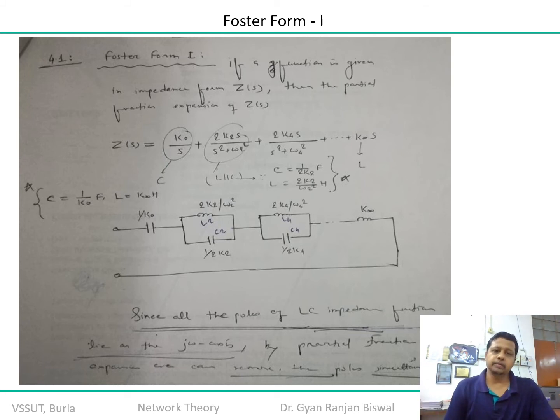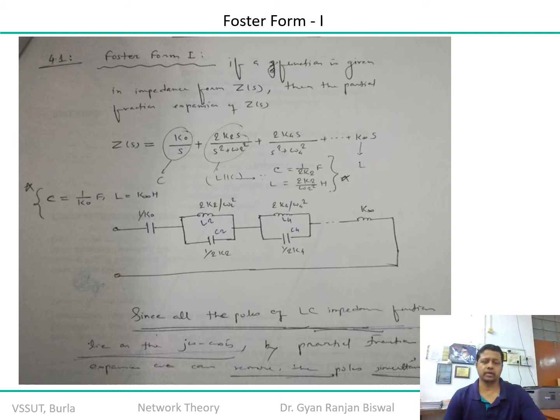Understood? So obviously, this is the fashion in which you apply a partial fraction over the given polynomial, n order polynomial in the numerator and n order polynomial in the denominator. We apply the partial fraction expansion, and then we realize this transfer function in the easiest way in this form by factorizing it. In this case, k naught by s is representing what? A capacitance, right? And the value of this capacitance is equal to 1 upon k naught. Then twice k2 s upon s square plus omega 2 square is representing what? Removal of a pair of conjugate poles, right?